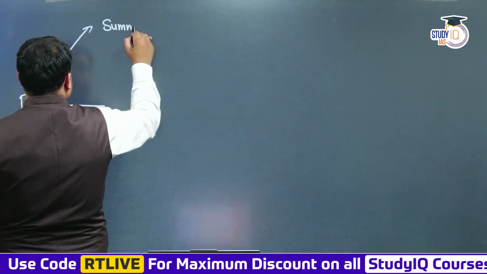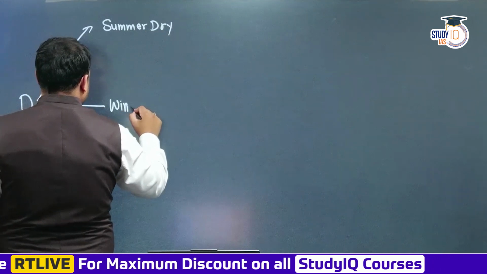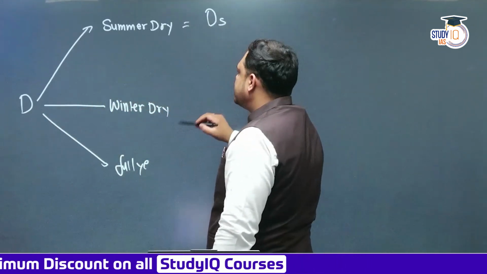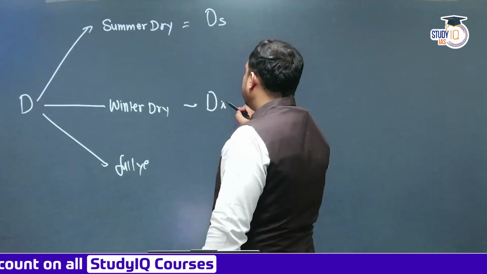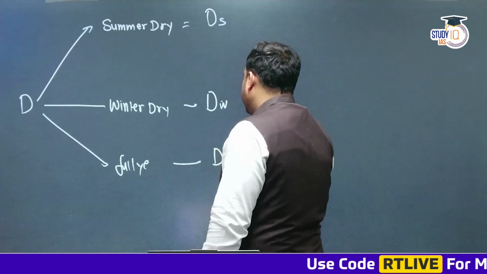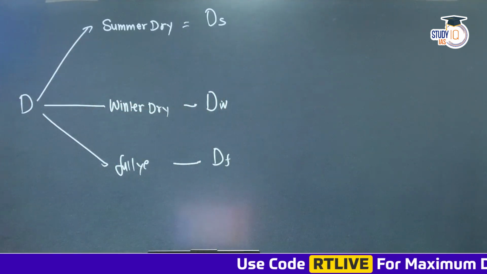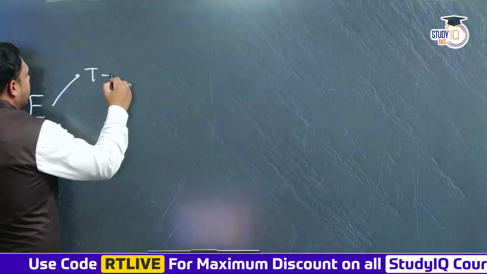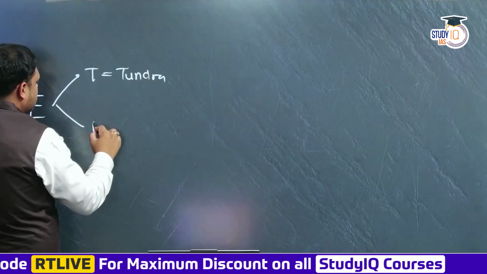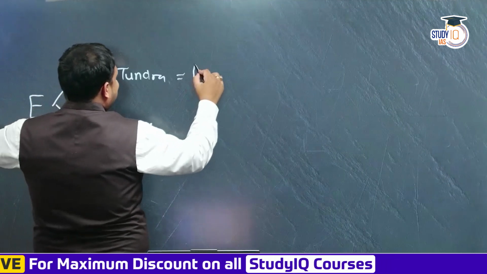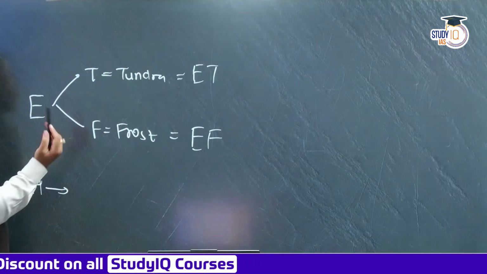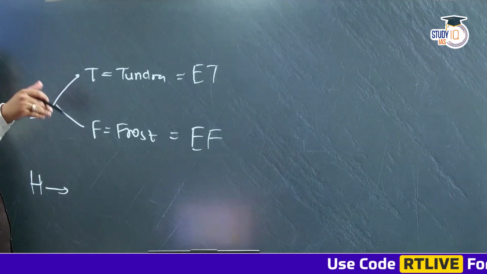What? S for summer dry, W for winter dry and F for full year rain. So you have DSA, DSB, DSC. Then guys, DWABC and full year DF. Coastal regions. Fine. Then E you have two types. What? What it means? T for tundra and F for frost. So it becomes ET and EF. Getting my point? And then H is highland, but NCERT में वो दिया हुआ टेबल में, but in the no